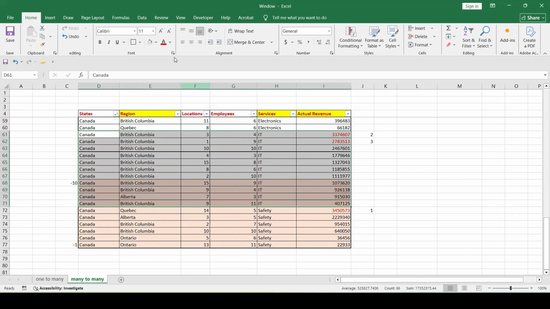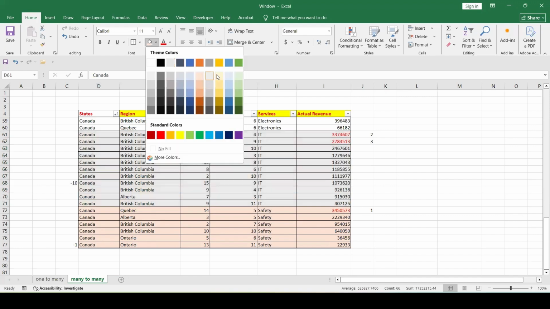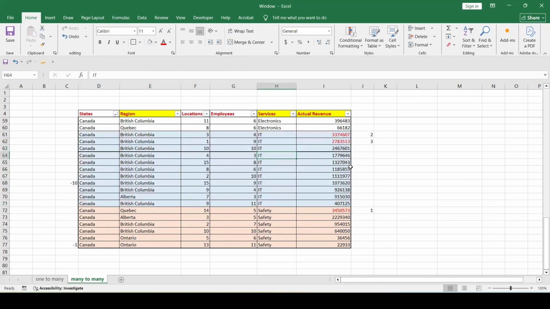So we'll make this with one. And which are in fact the top 3 numbers in a descending order. This should be 3.3 million, and then this one second, 2.7 million, and 2.46.